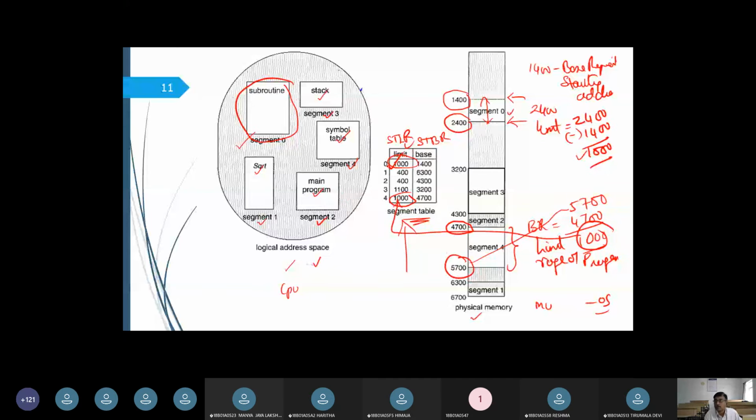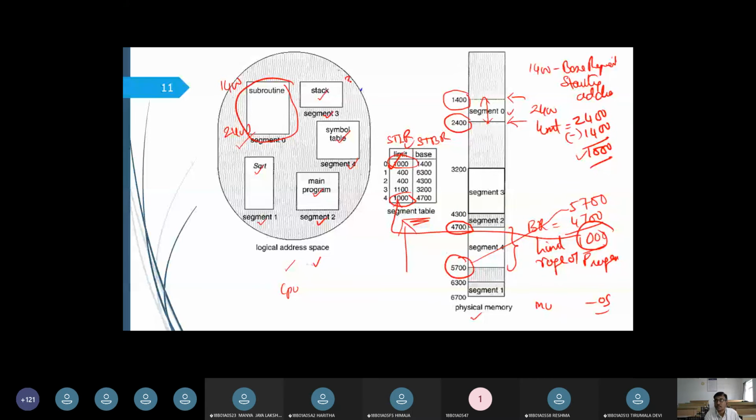Now let us see what is segment value 0. Segment value 0 is nothing but what we are going to call a subroutine. So subroutine is going to start at 1400 and it is going to end at 2400. Next we are going to have stack, which is segment 3. What is segment 3?